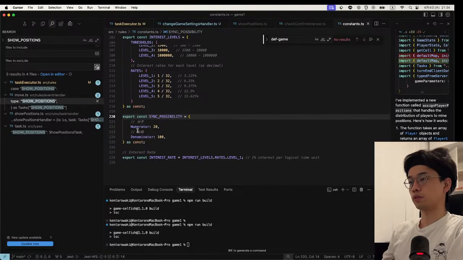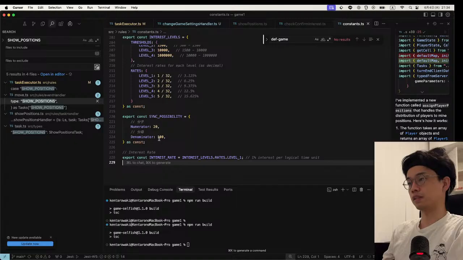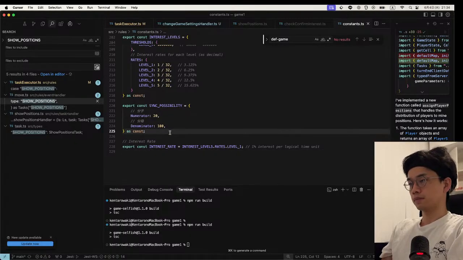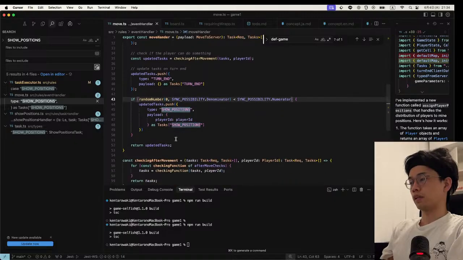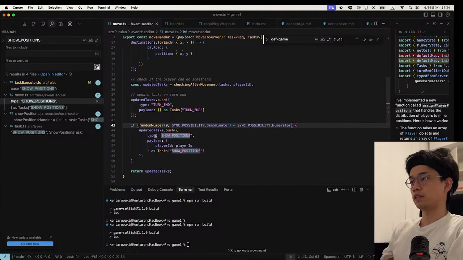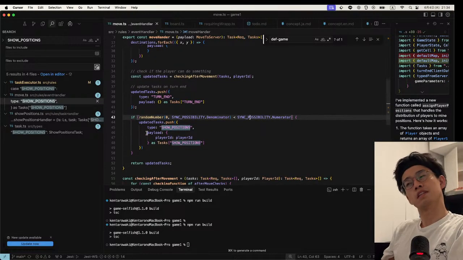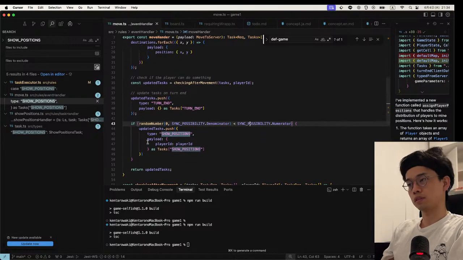There is a numerator and denominator. So in this case, the possibility is 20%. And this procedure, this code,